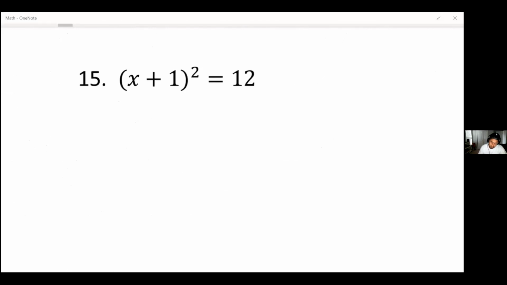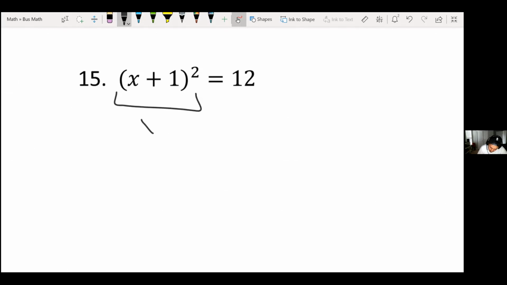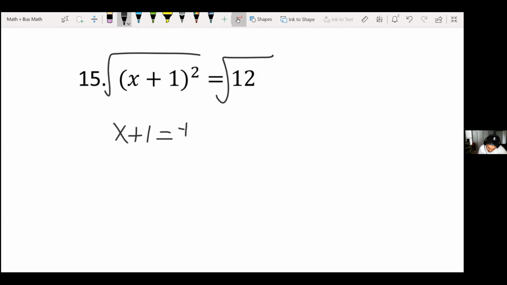15, same thing, square root method. We do it again. This time it is x plus 1 squared. So this is in standard form. You have to just see that all of this looks like the form x squared. It's not x squared, it's the form of x squared. Remember, that's the form we're going for in order to use the square root method. Since it's in that perfect form, we can square root both sides. Which means the square root of x plus 1 squared gives me x plus 1 equal to plus or minus